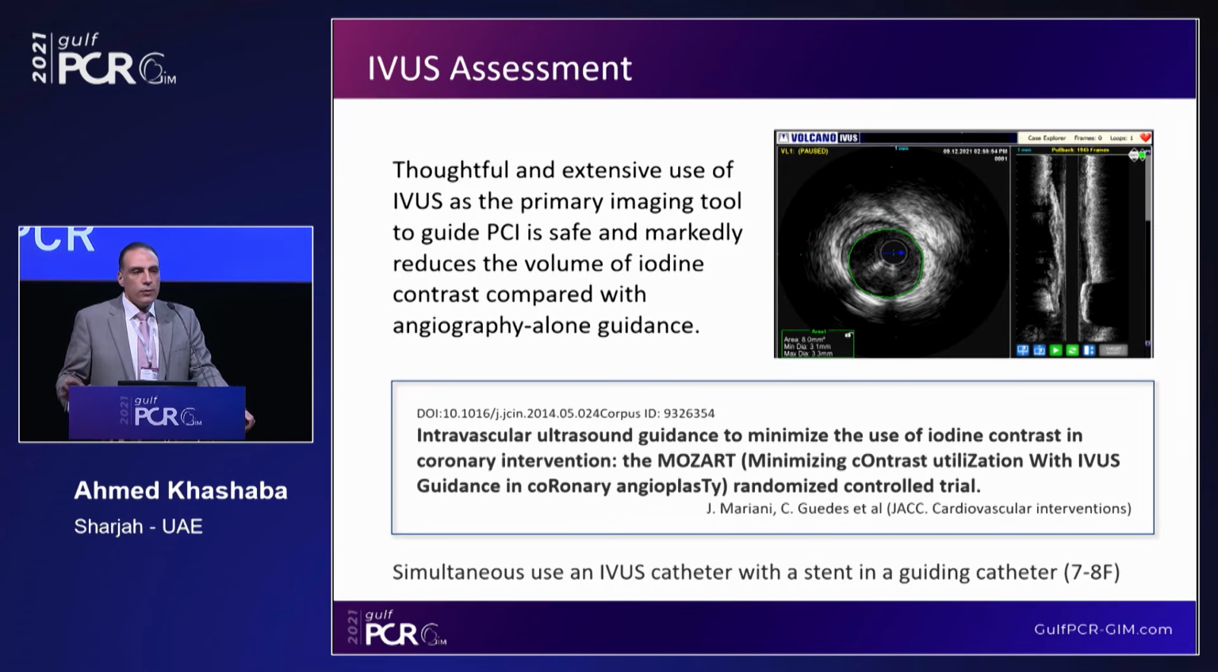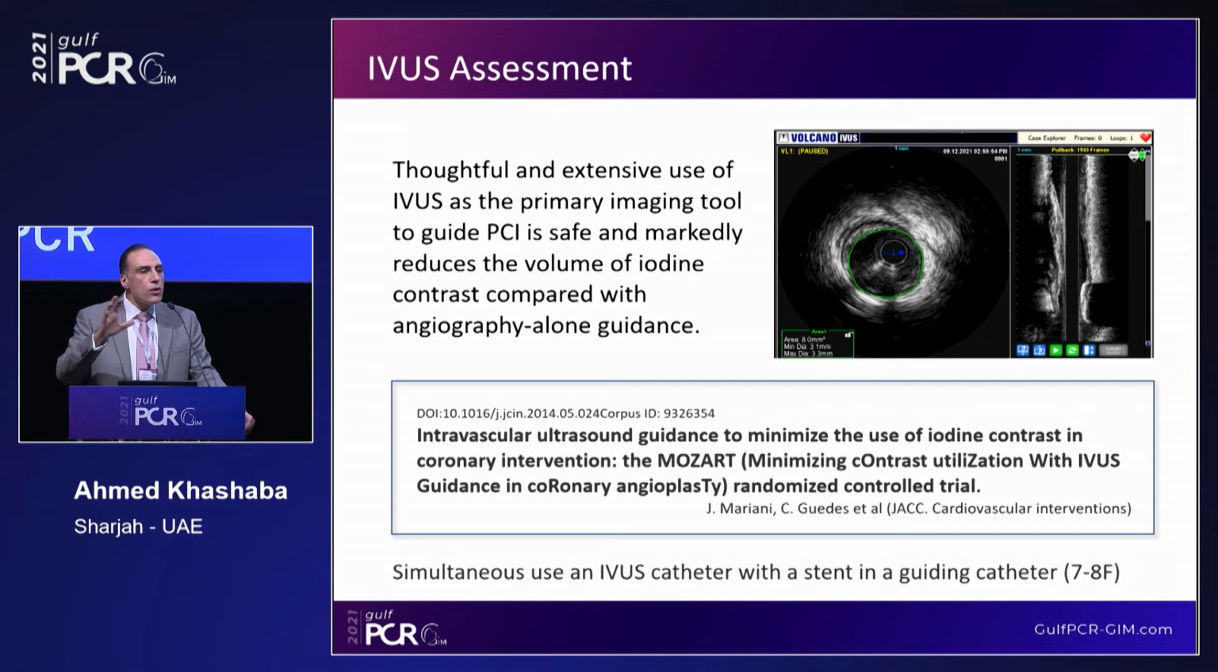IVUS is an invaluable tool in this subset of patients, and in a randomized trial, the Mozart randomized trial, it has been evaluated in terms of contrast saving, and the recommendation of the trial is that thoughtful and extensive use of IVUS as the primary imaging tool to guide PCI is safe and markedly reduce the volume of iodine contrast compared with angiography alone. This is very well documented, and the IVUS co-registration is also a very good tool, but for those